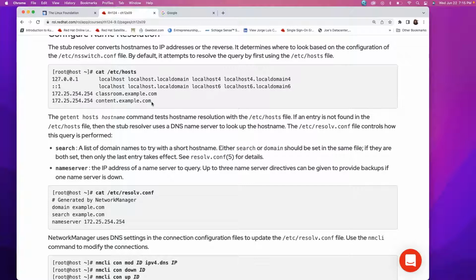Notice that content.example.com is also located at the same IP address. So if you type in content.example.com or classroom, it's going to resolve both to the same IP address, right? How that works is a web server running on that machine, and 9 times out of 10, if they wanted something to resolve to classroom, they probably have a directory with an index.html file that has information about classroom.example.com, and then another one that has